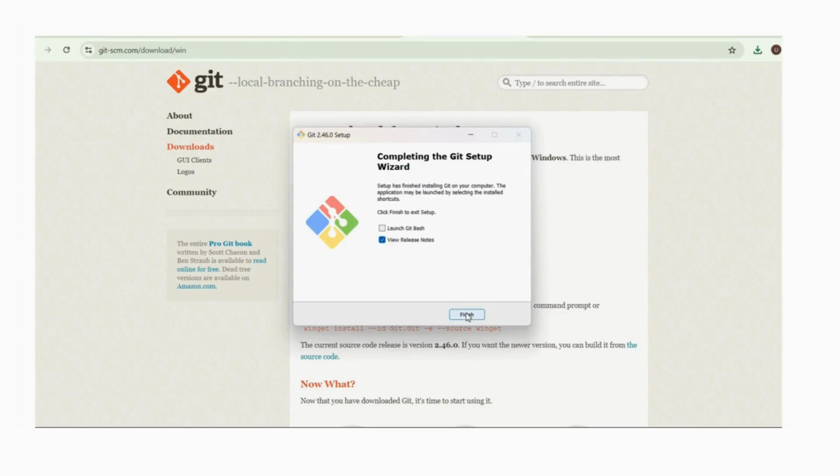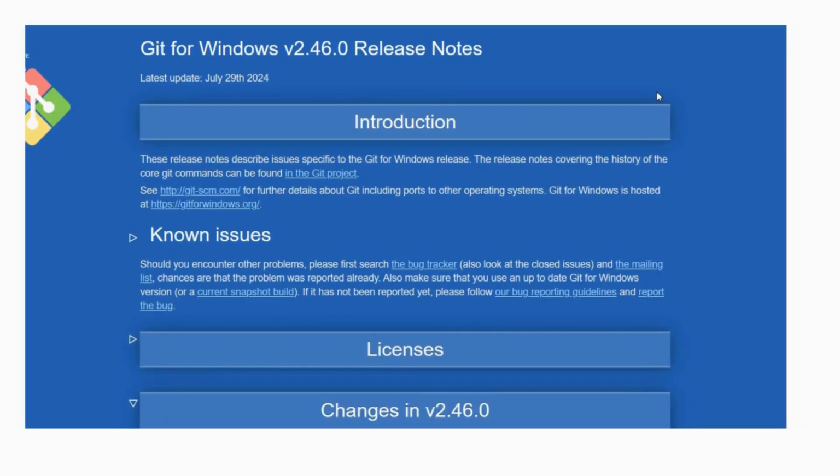So click on the finish button. Finally, Git is installed in our computer system and its version is 2.46.0, and here is given some basic information regarding Git. So let's skip it and continue with the next part.